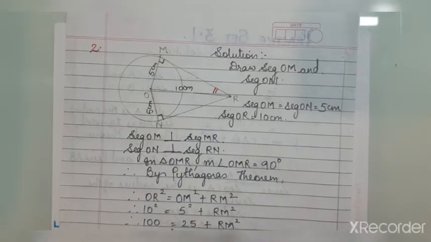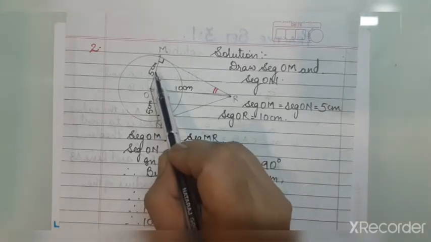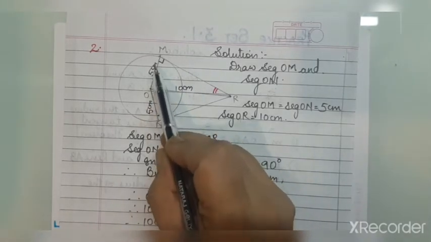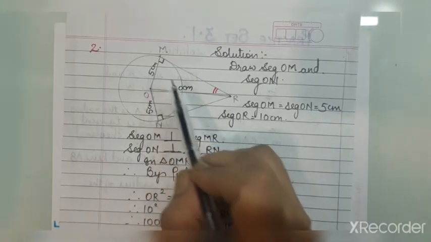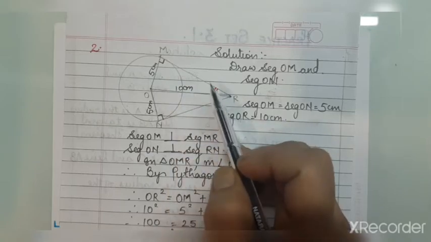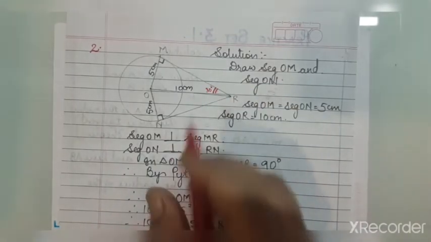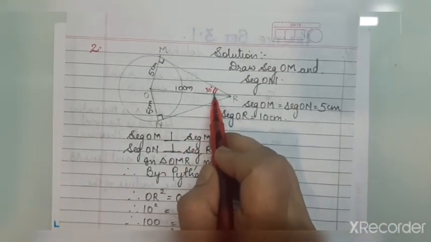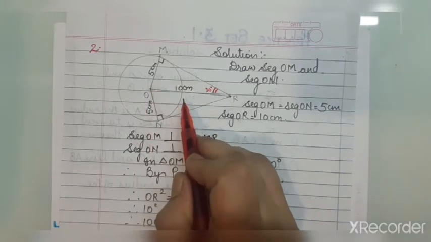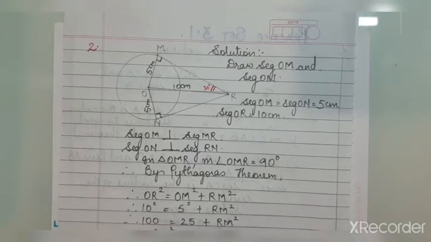We have studied in the 30 degree, 60 degree, 90 degree theorem that the side opposite to 30 degree is half the hypotenuse. So if this side OM is half the hypotenuse, then the angle opposite to that side should be 30 degree. Okay, so we are using the converse way. Since the side opposite to the angle is half the hypotenuse, that angle is a 30 degree angle. Okay, but how do we write it?